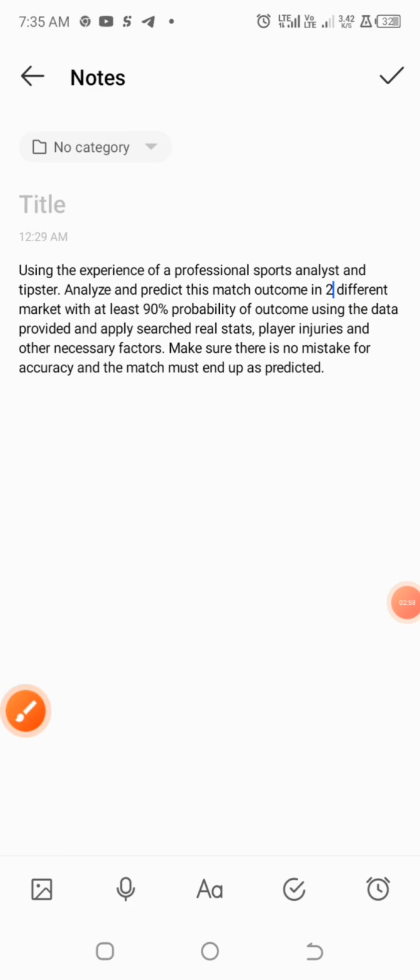The next thing is to go and copy the stats of the games that you want to predict. Most times I copy the last 5 games of the home team, the last 5 games of the away team, and the last 5 matches they had against each other.